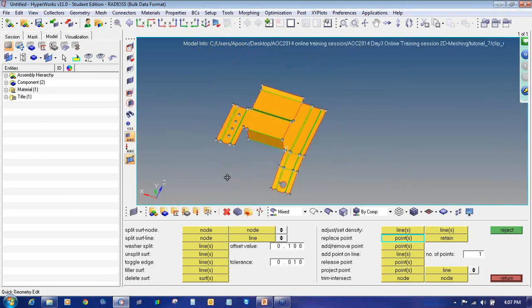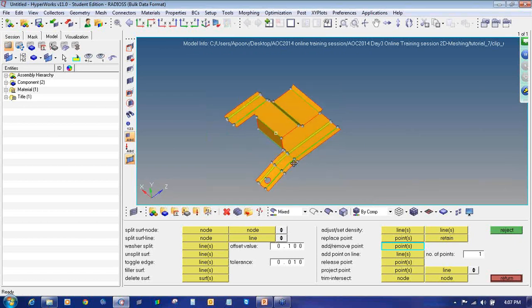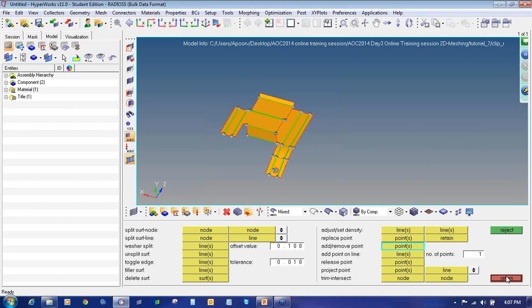even with removing the fillets and pinholes. Also, there are some fixed points on my model, so I will remove those fixed points. I will go to add remove points, press shift and right mouse button click and drag a window on the GUI to remove the unnecessary fixed points. You can see here it removes the unnecessary fixed points. In this way you can remove the unwanted split points.